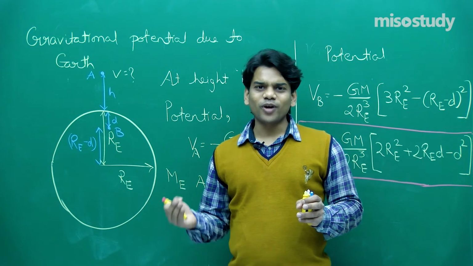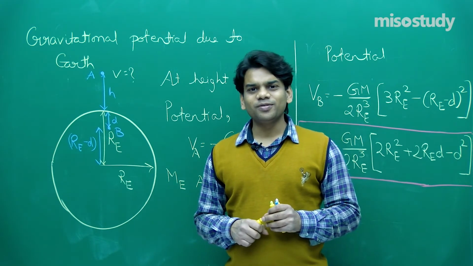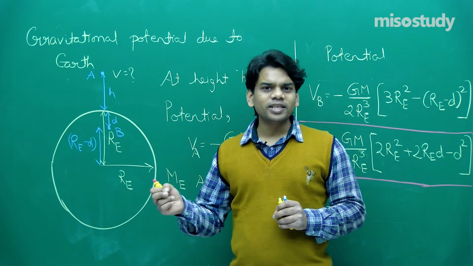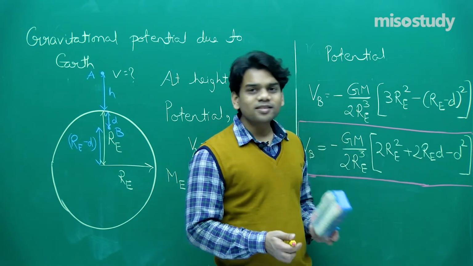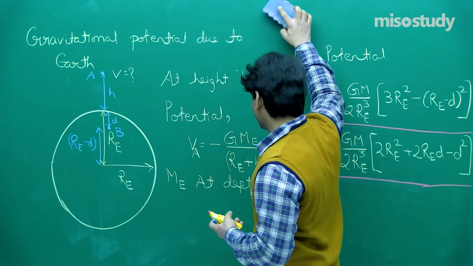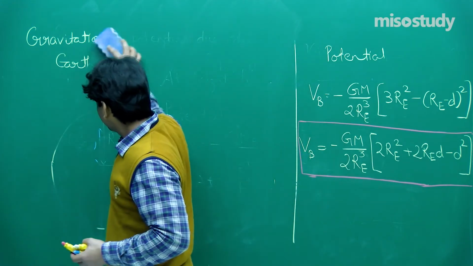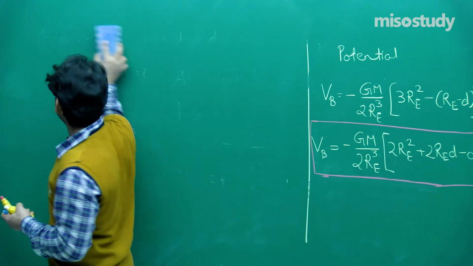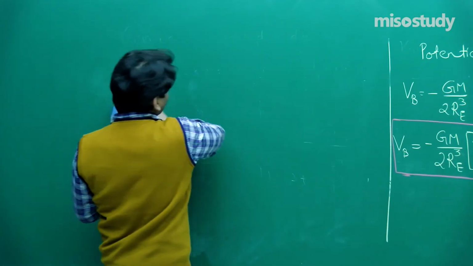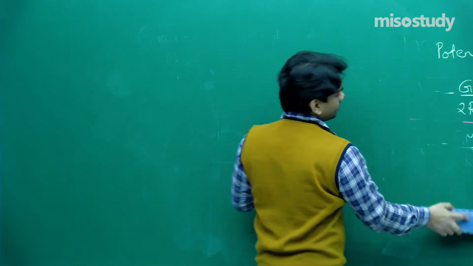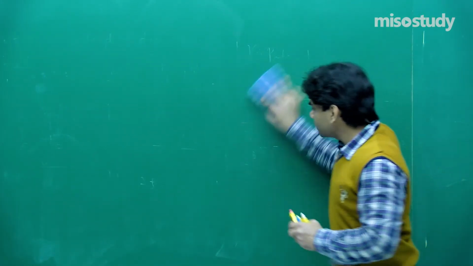I have told you. Now let's try to find out work done in a gravitational field, when you're given the potential of 2 points, what will be the work done? So let's learn a new concept after learning all these basic things: potential due to a solid sphere, and then using the same for potential due to Earth as a whole. Let's talk about what is work done between 2 points when potential of those 2 points has been given to us. Work done. The next topic, what is the work done?